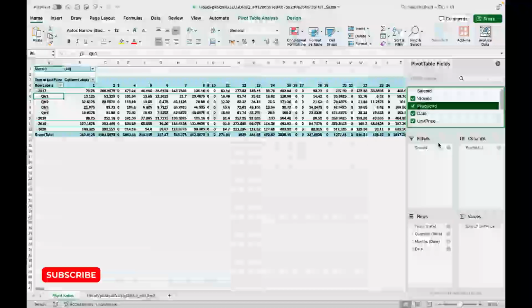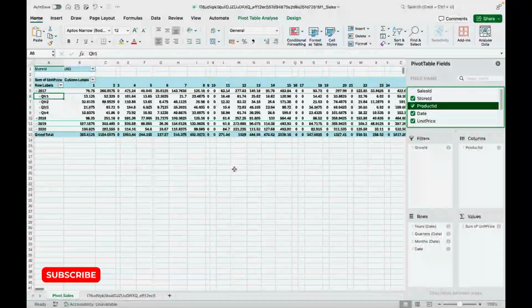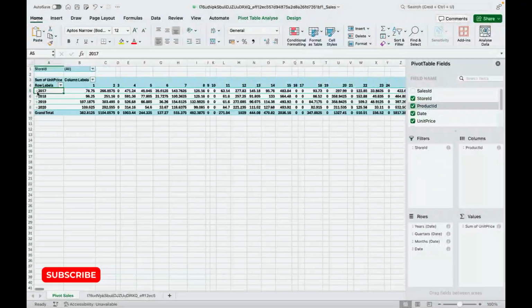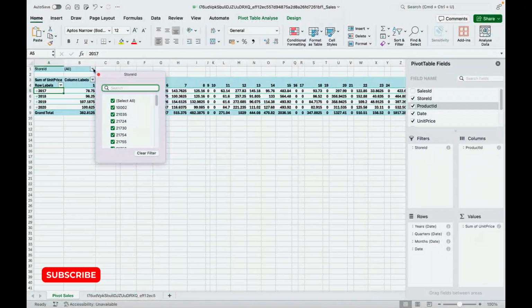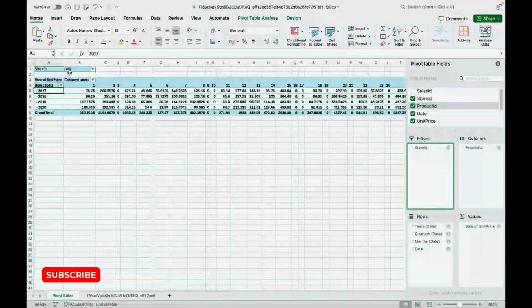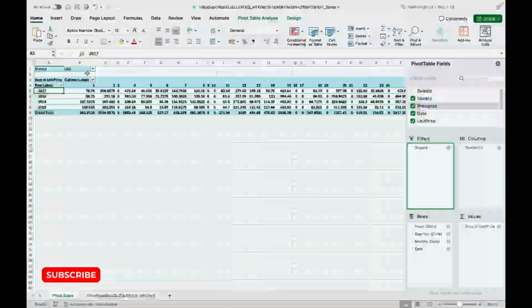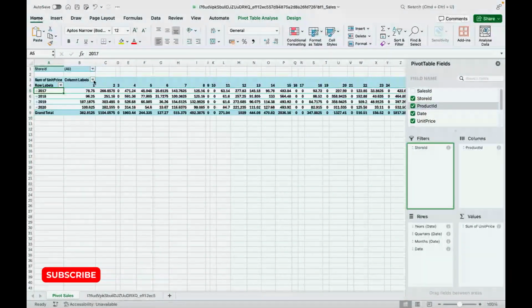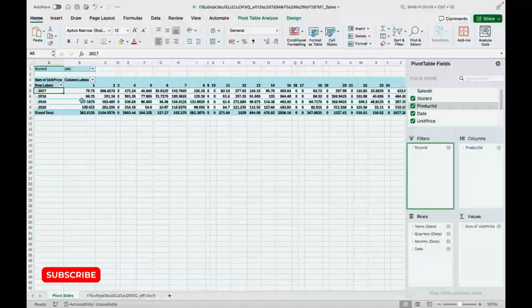So we have product ID. We have 1, 2, 3, and so on. Now we have to filter, because the store ID is now in filters. Now this is showing all. It's quite confusing because it makes no sense if we can't get any insight from all, because that's every single store that is summarizing and calculating here. So for every single store, although you can still use this to get insights, you can say, okay, for every single store,